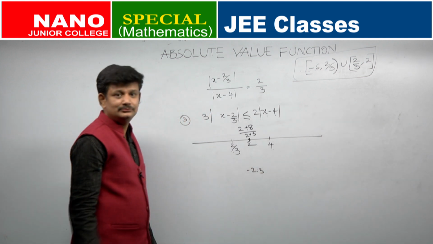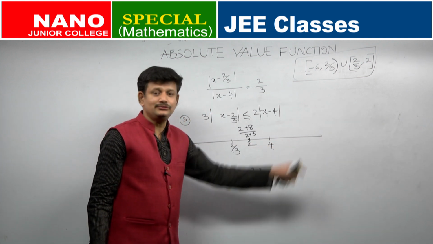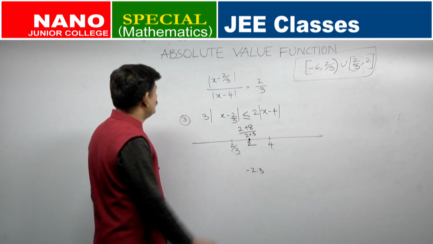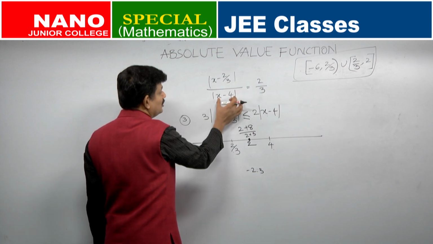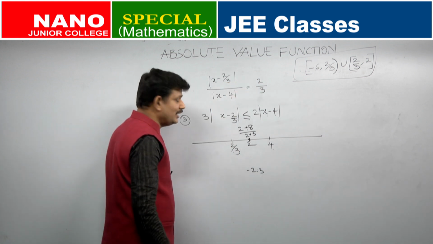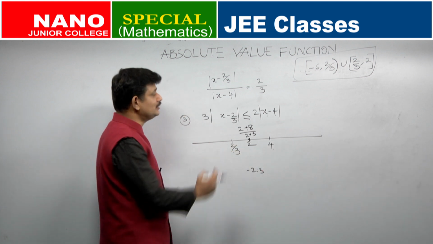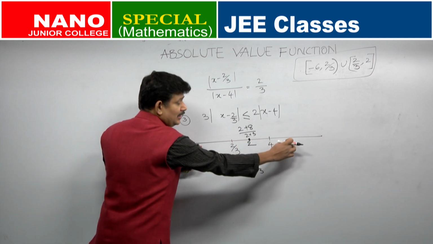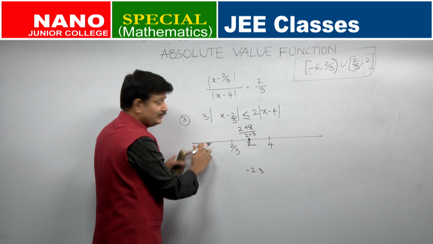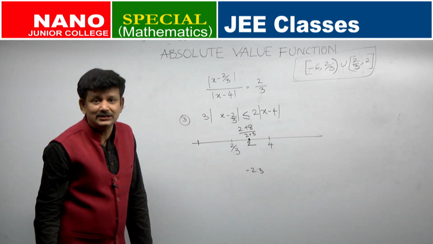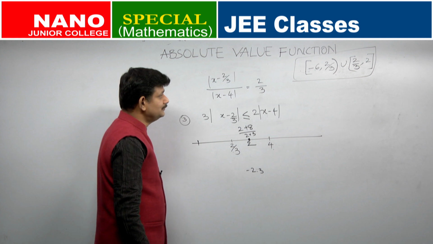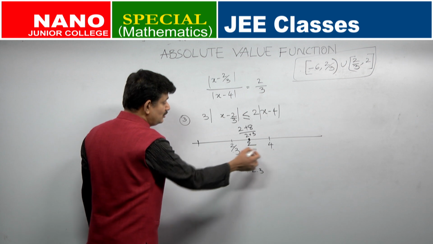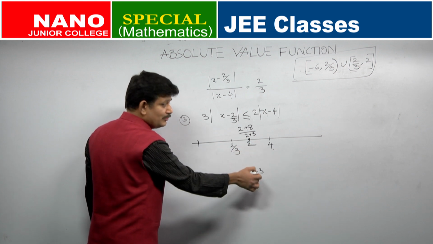And what is the other number which is outside the segment of 2 by 3 and 4, dividing in the ratio of the distances 2 by 3? Which has more distance, numerator or denominator? Denominator is larger, right. So, the point should be closer to 2 by 3 and away from 4. Is it this case or this case? See, here numbers are closer to 4, here numbers are away from 4. So, we are talking about numbers on this side. Which is the number which we are talking about? A number which divides 2 by 3 and 4 in the ratio minus 2 is to 3.